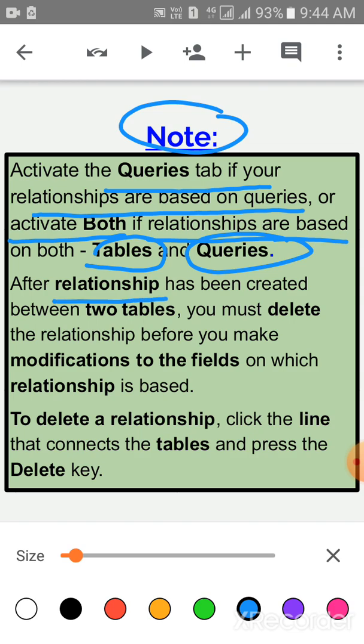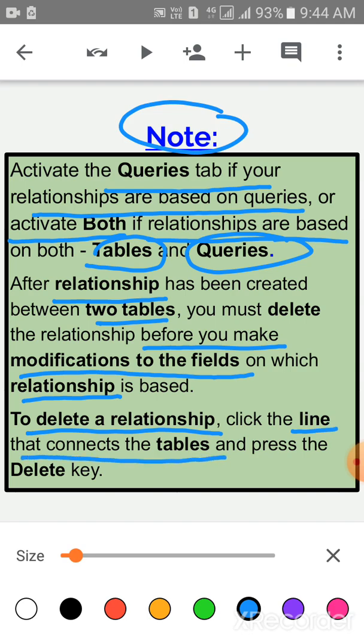After a relationship has been created between two tables, you must delete the relationship before you make modifications to the fields on which the relationship is based. Children, to delete a relationship, click the line that connects the tables and press the delete key.